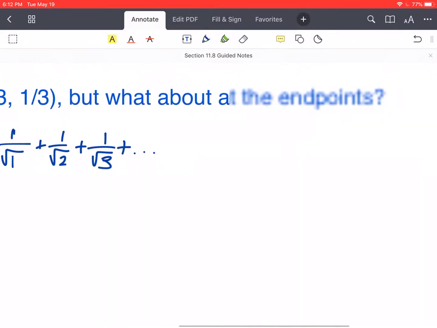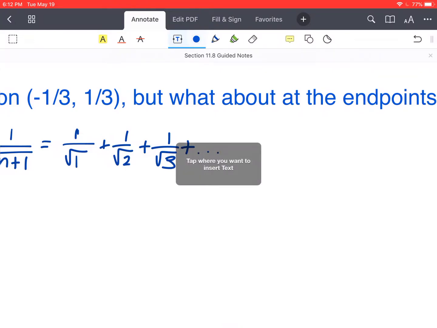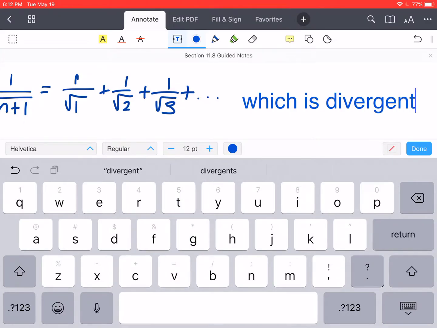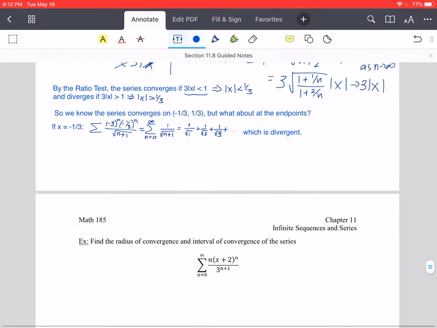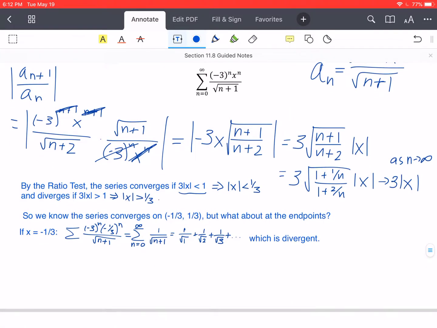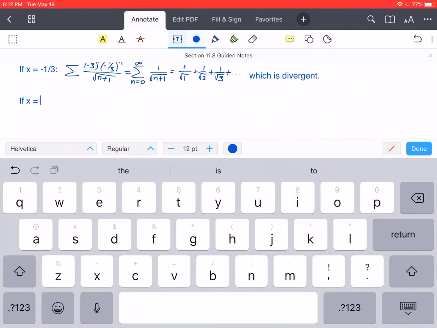Hopefully this one might look kind of familiar. We've worked with series like this. I think we've even worked with this series before. This is a p series, with p being 1/2. Okay, so we know that that is divergent. So when x is negative 1/3, the series is divergent. So then let's look at the one remaining case. So if x equals positive 1/3,